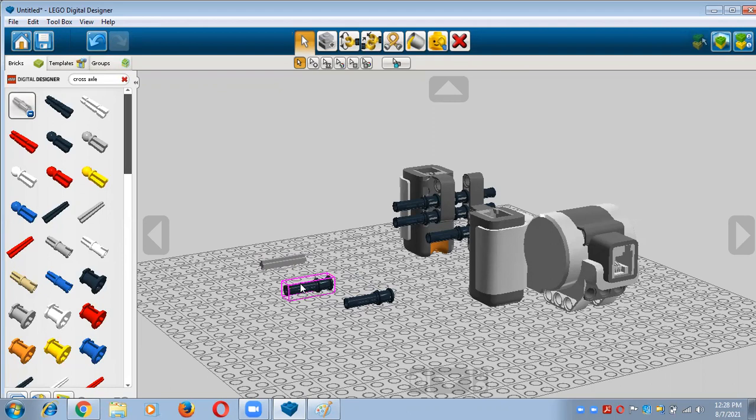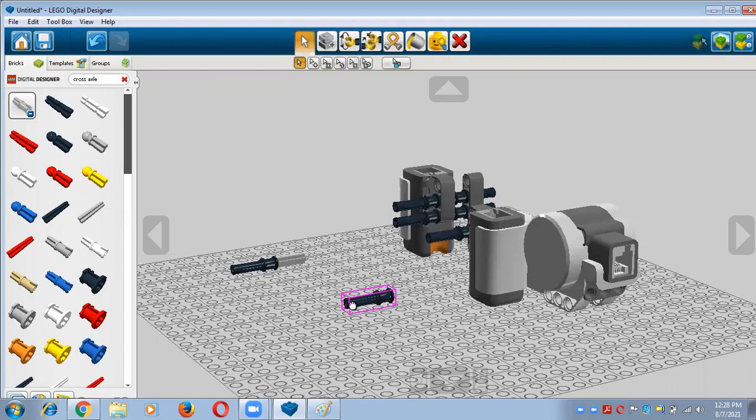So I'm just showing you. You can put your cross axle in the center, and after that you will use this frick snap in this way. Similarly, you have to change the direction of this other frick snap, and then you will put it here. So this is the accurate way, right? And now you will set this where you will set here, right?